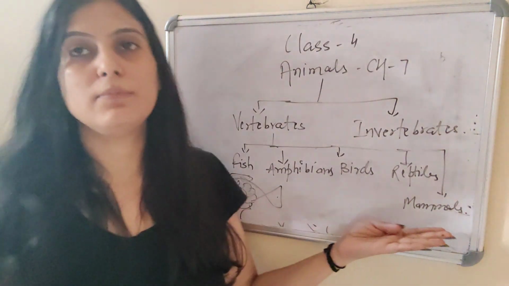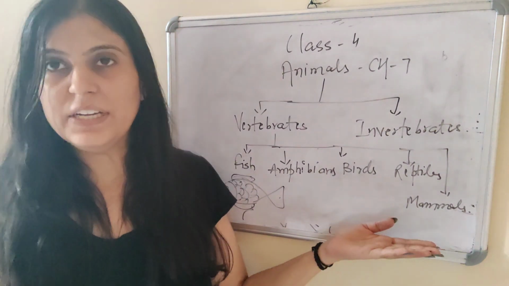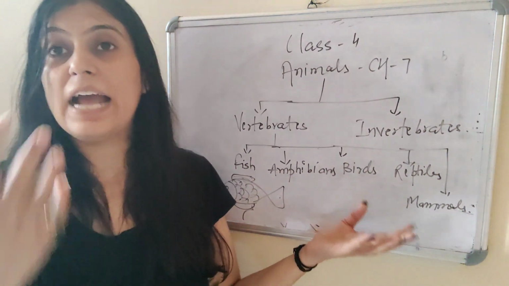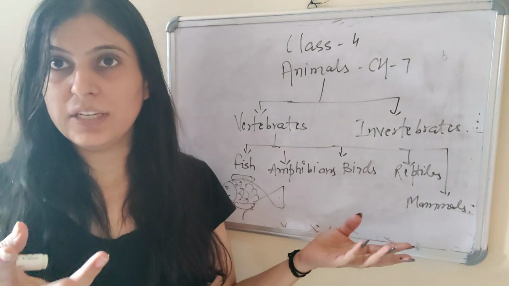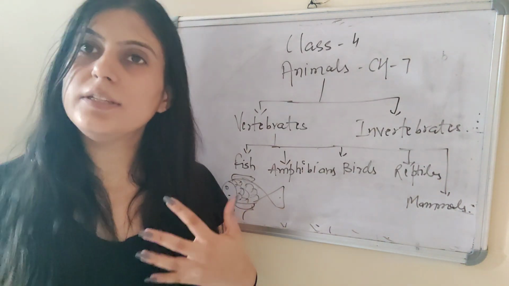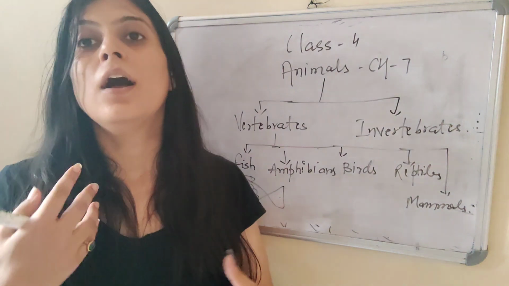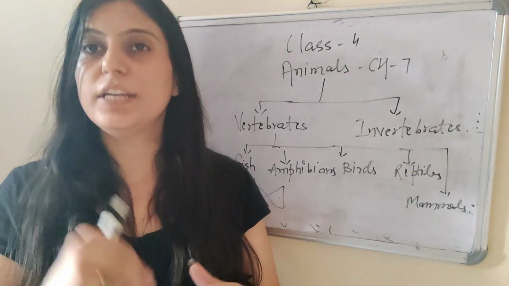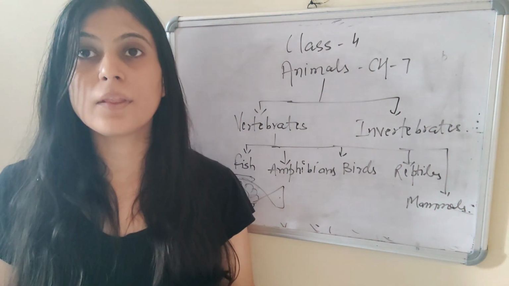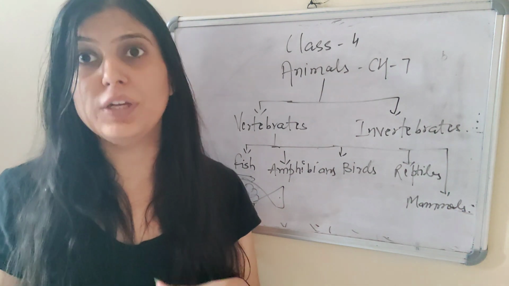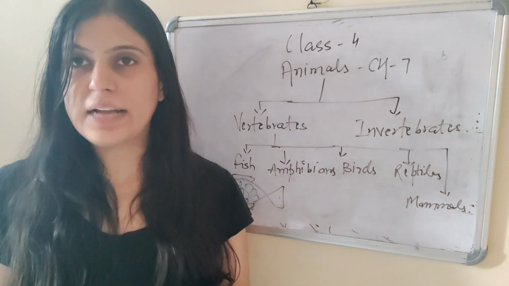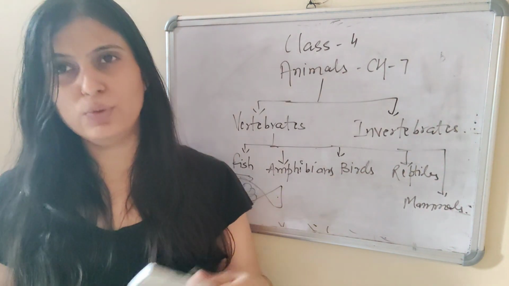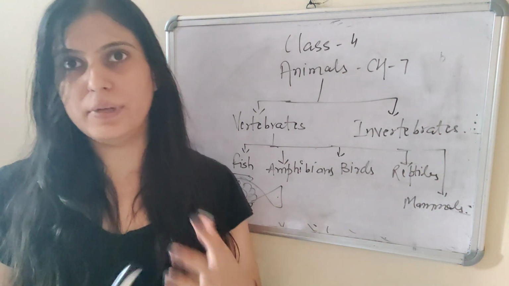Mammals feed their young ones with milk. They have both forelimbs and hind limbs. They have external ears also. In some mammals, a tail is also present, but in humans, there is no tail. Also, mammals give birth to their young ones. They do not lay eggs. For example, cats, dogs, and humans all are mammals.